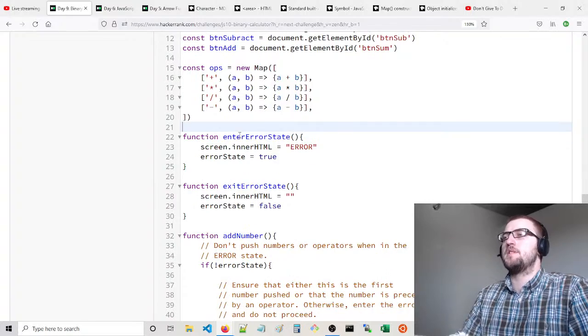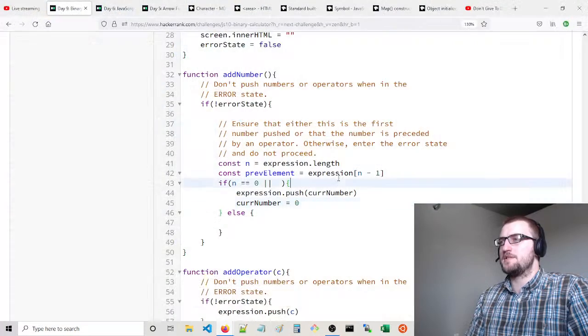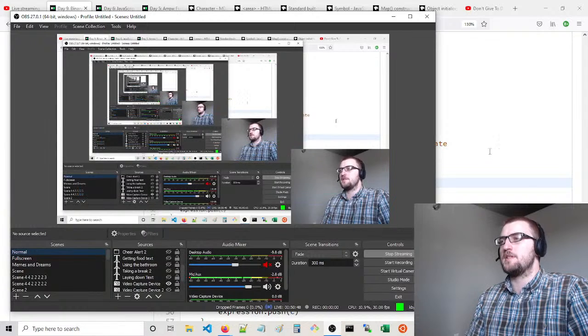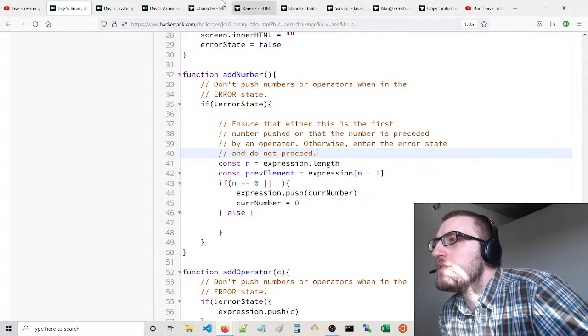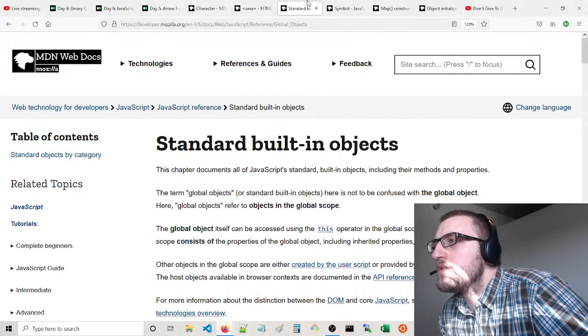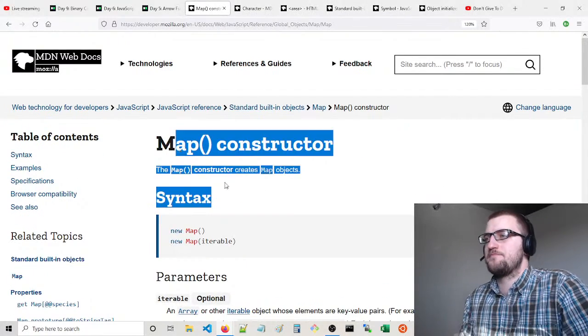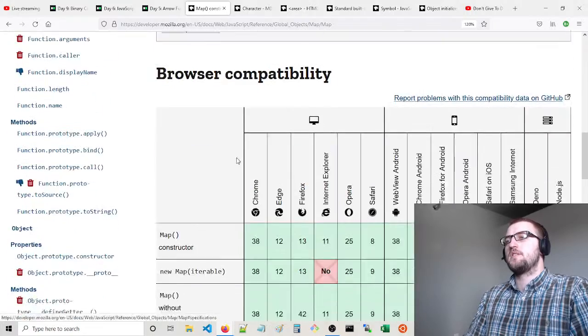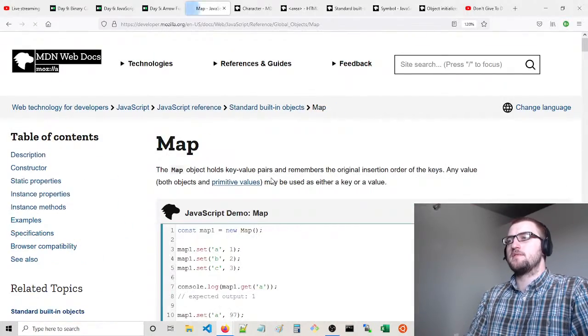Okay, what we want to know is in our map of operations whether... map, yeah. What we're looking for is